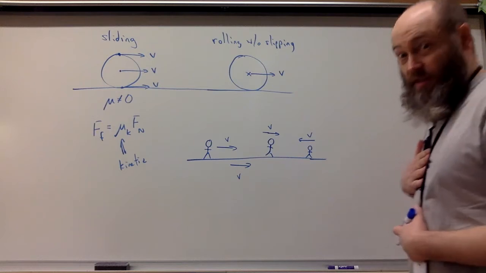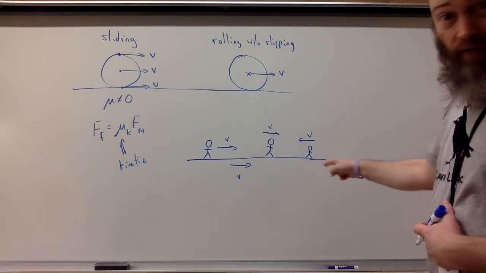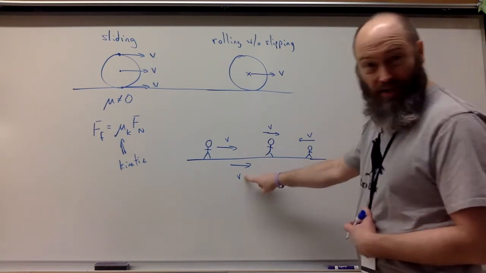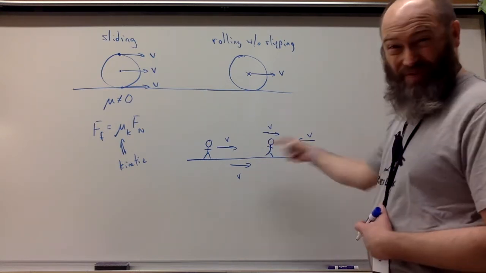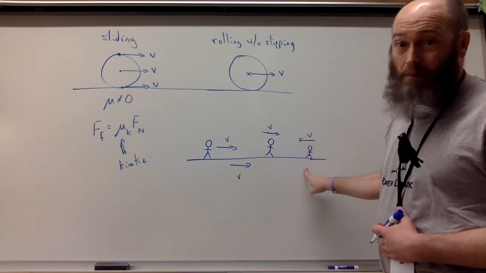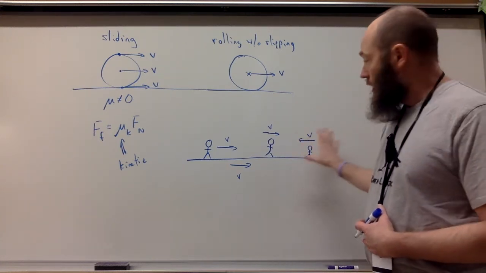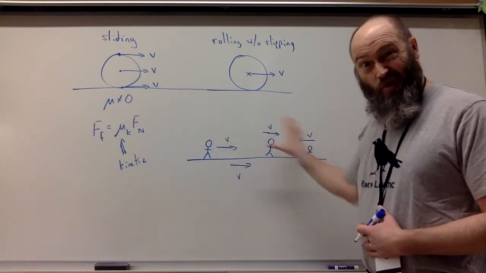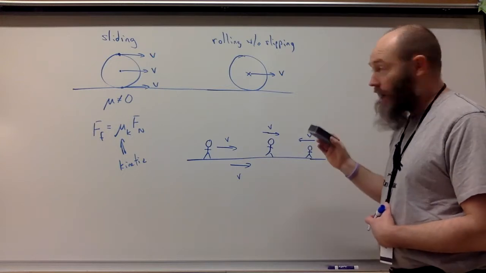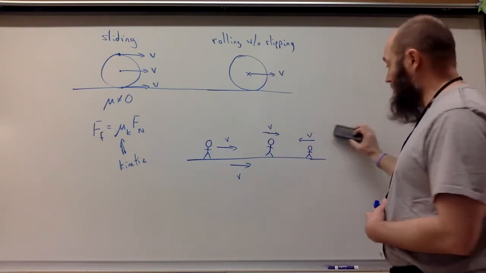Well, with respect to you, if you're not on the sidewalk, if you're looking at this kid, you'd go, well, wait a second. The sidewalk's moving this way at v. The kid's moving the other way with the speed of v. It would look like that kid is not moving with respect to you. Okay? Does that make sense? The whole idea of this relative motion? That's important because if we go back to this,